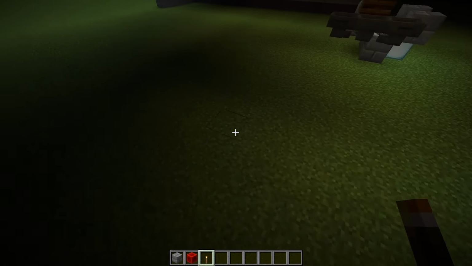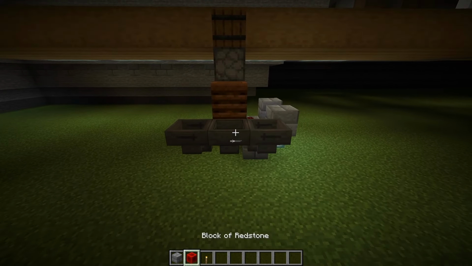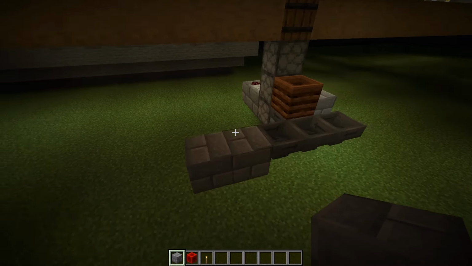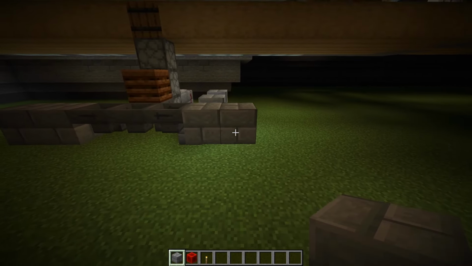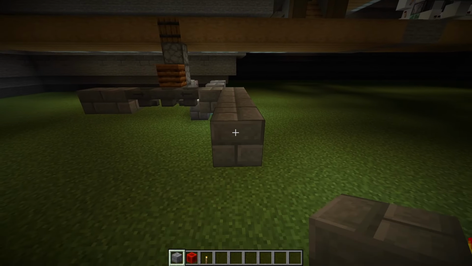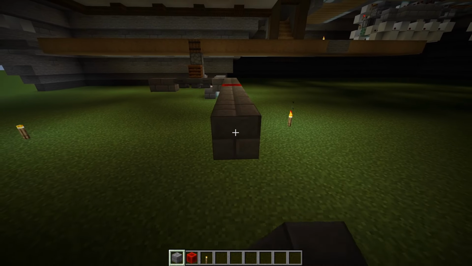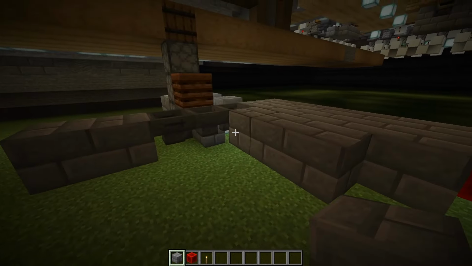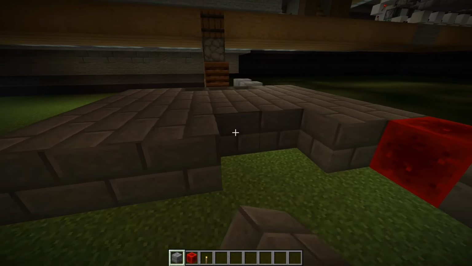And this area is a little bit dark, so I'll throw down some torches so you can see a bit better. So what I want you to do is grab some stone bricks, and we're going to place 2 right there on the ends of that hopper and another 2 right there. And then we're going to go 1, 2, 3, 4, then a redstone block, then 1, 2, 3, 4, 5. And we're just going to repeat that same pattern all the way along here until we've made a big platform